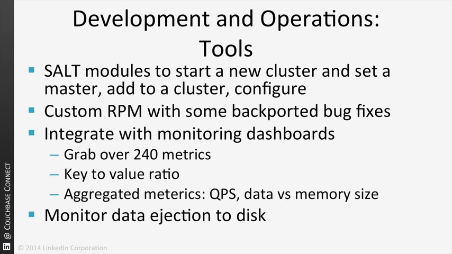And so we monitor things like key to value size ratio. We look at aggregated metrics across the cluster, so things like QPS, and then data and memory size. And I'll show you a little bit more of this later. One thing we do monitor is data ejection to disk. In most of the talks over the past 2 days, you would have heard a lot about active size or active working set. We're very particular in our setup that basically everything is kept in memory. So we have a particular high watermark, and we start alerting if we're potentially ejecting to disk.